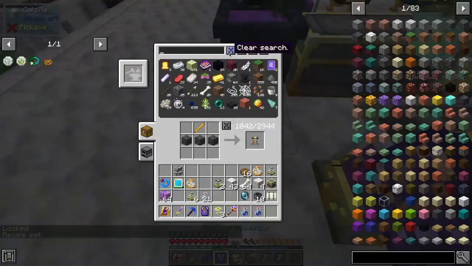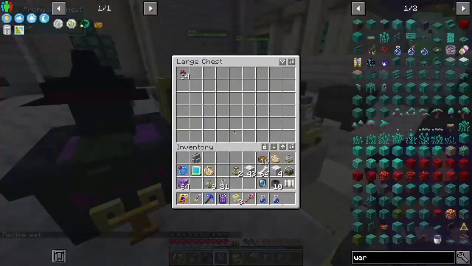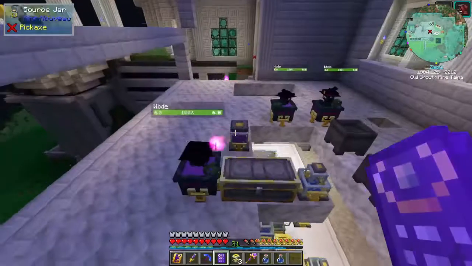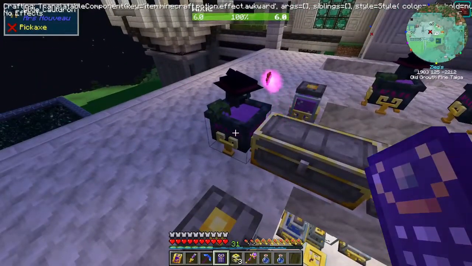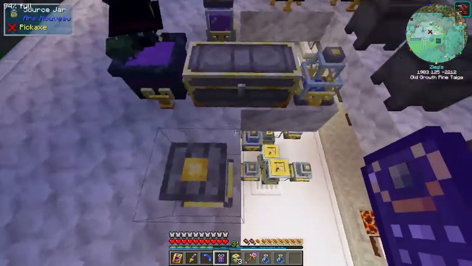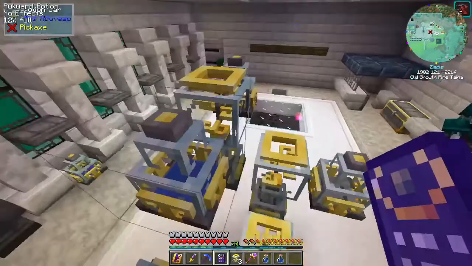Let's go ahead and grab a stack of wort. One should be fine for now. Put you in here. She's going to go ahead and take that. Not sure how many you want to take. What are you doing? Oh, are you filling up that one? Why are you filling up that one? Okay, well,